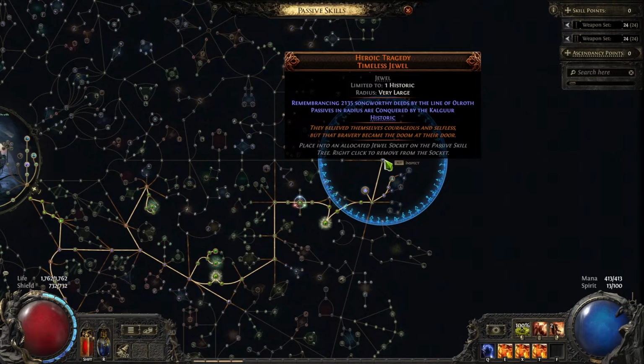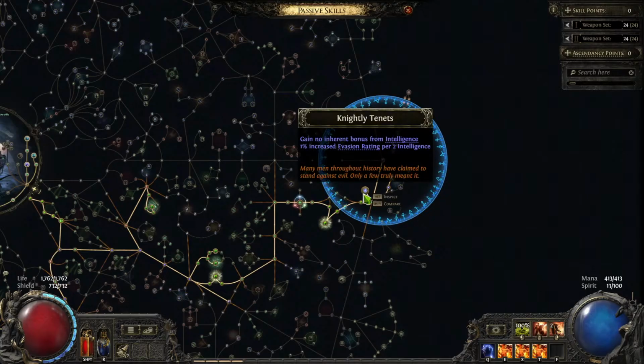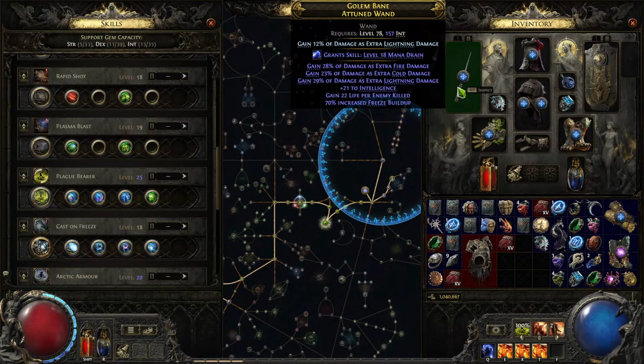They're not that expensive. This is just to convert, because you don't need mana for this build. So, you know, get more evasion. You can't run Wind Dancer. It'd be good to run Wind Dancer, but this wand is going to increase your shield charge damage by a